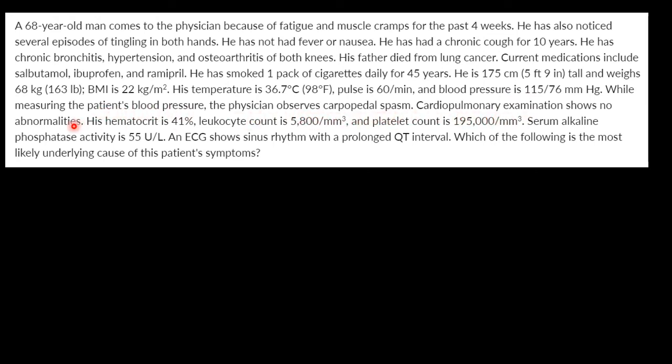Cardiopulmonary examination shows no abnormalities. His hematocrit is 41%. Platelet count. ECG shows sinus rhythm with prolonged QT interval. Which of the following is the most likely underlying cause of this patient's syndrome? So as we can see,